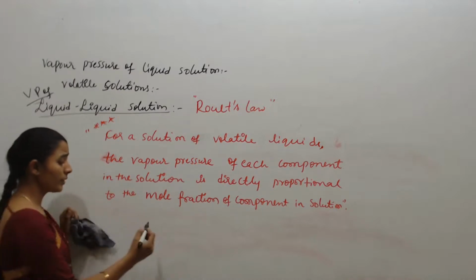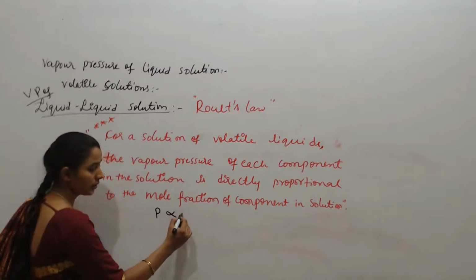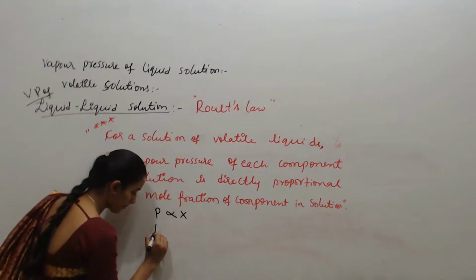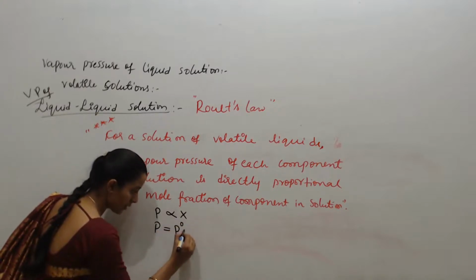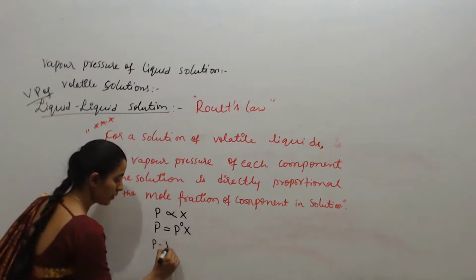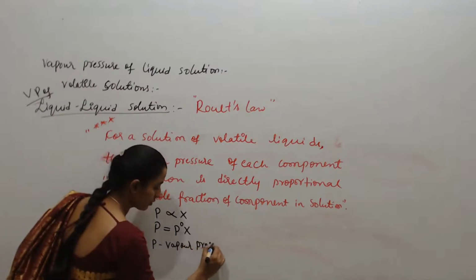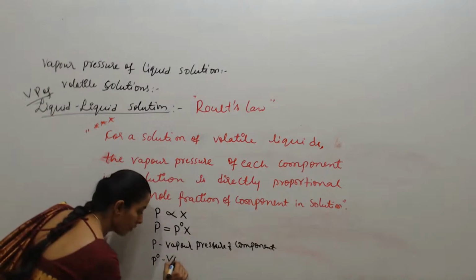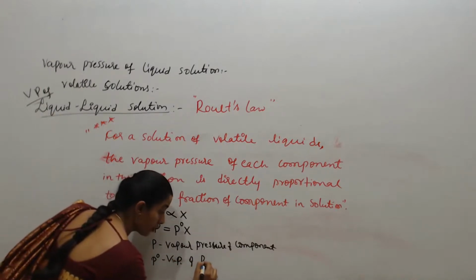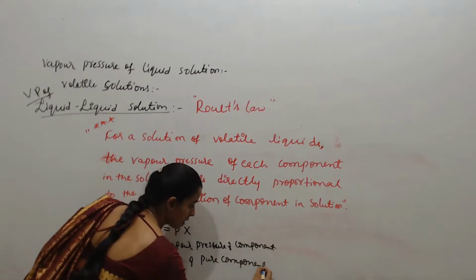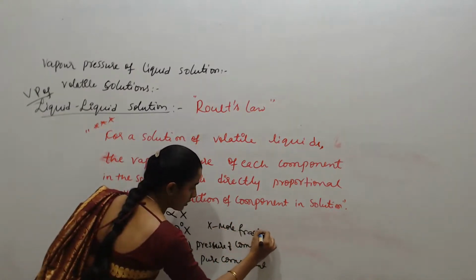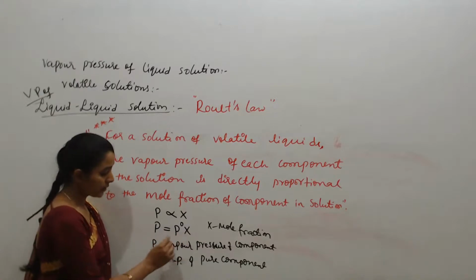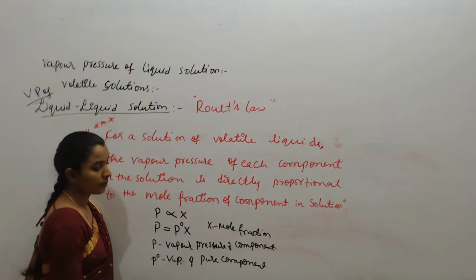So vapor pressure is taken as P and is directly proportional to what? Mole fraction. So this is the mathematical expression of Raoult's law. To remove the proportionality, this is written as P = P naught × X. P is the vapor pressure of the component. P naught means the vapor pressure of the pure component, and X is the mole fraction. So P is directly proportional to X. P is equal to P naught into X. So P is the vapor pressure of a component and P naught is the vapor pressure of a pure